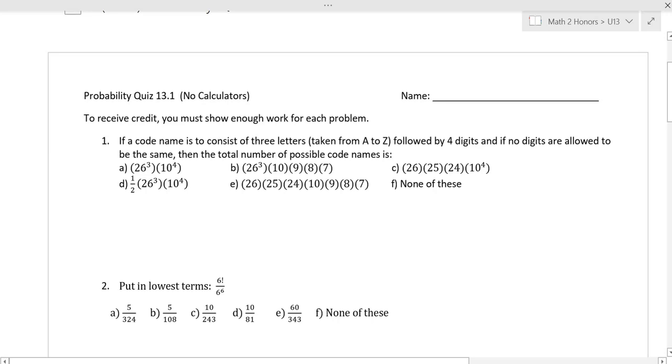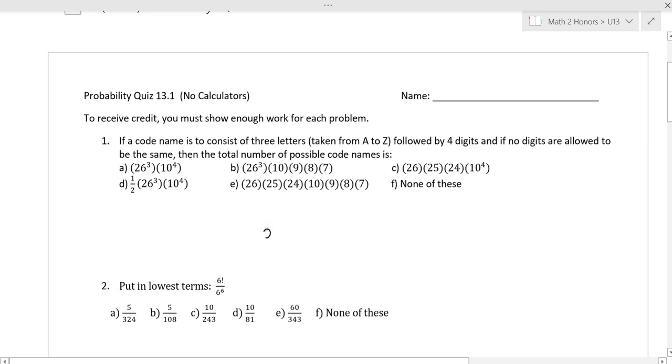I'm going to go over the solutions to the probability quiz 13.1, and I'm going to do it without a calculator. Number one: if a code name is to consist of 3 letters taken from A to Z, followed by 4 digits, and no digits are allowed to be the same, then the total number of possible outcomes or possible code names is, alright, so